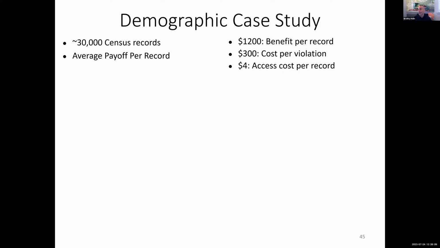That's the amount of money that an organization ends up paying for a breach of the HIPAA security rule. And we looked at public records access, and we found that it would be about $4 to access an identified record on somebody of interest.